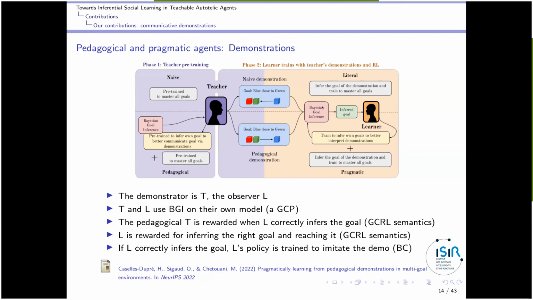Conversely, the learner will use Bayesian goal inference to try to infer the goal of the teacher, and then will interpret the demonstration using this goal inference mechanism. Okay. And the idea is that if the learner correctly infers the goal, both the teacher and the learner will get rewarded because the communication was non-ambiguous.